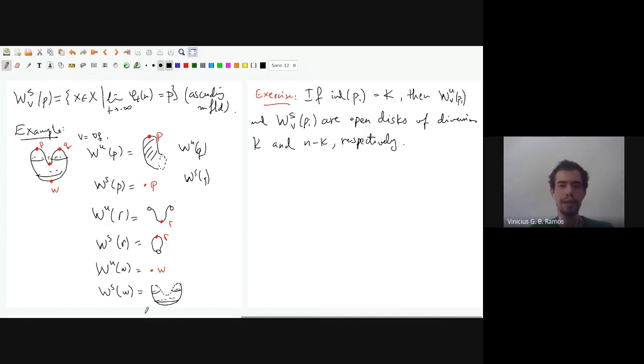Okay? And obviously, maybe it's not so obvious, but the open disk of dimension 0 is just a point. It's the same as the closed disk of dimension 0. And moreover, we have that these disks are going to intersect all the regular values